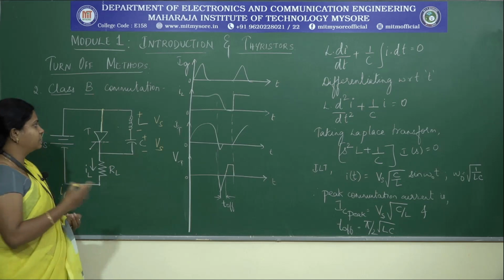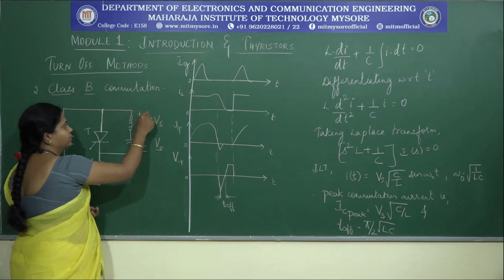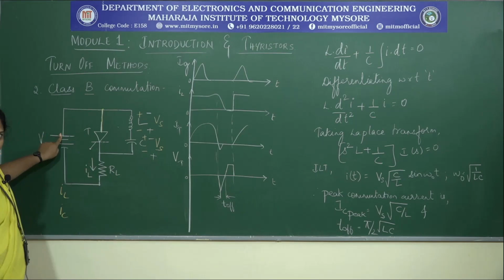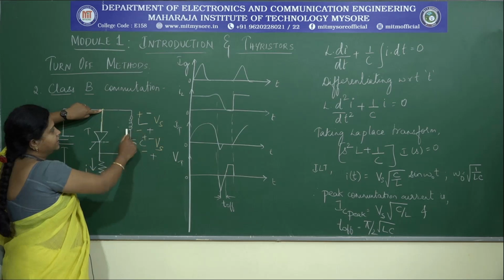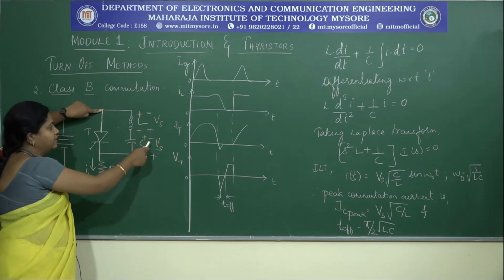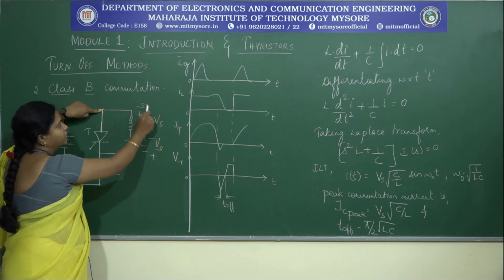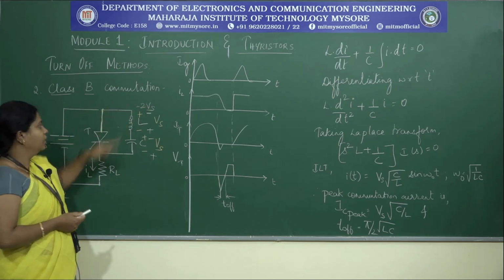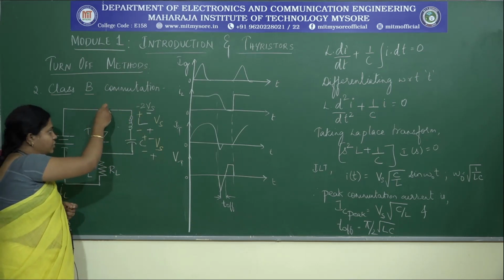Discharging of the capacitor means what will happen? Reversal of polarity will take place. So minus plus, minus plus. Here only positive Vs is applied at this point. At this point you can see it is being charged to plus Vs, minus Vs, minus Vs. So this voltage will be equal to minus 2 Vs. The potential of this is more. So this negative voltage is going to influence the thyristor in such a way that